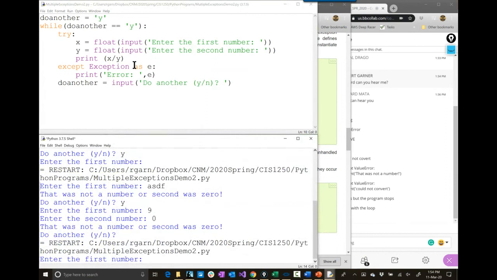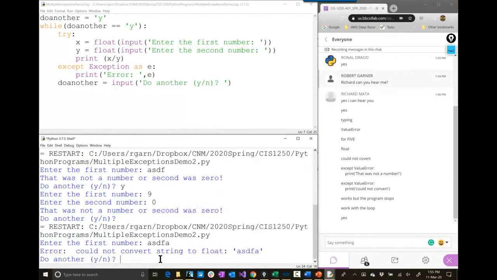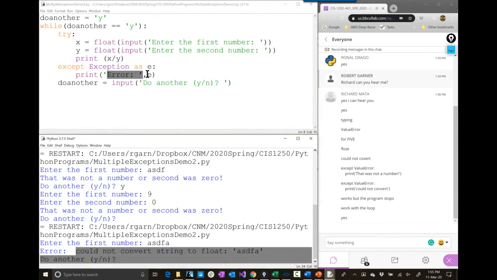So here we're catching the generic exception, which will catch everything. And then we can use E and get the message off of this exception that we're catching by saying as E. So if I say print error E, could not convert string to float. Here's my error from the print statement, but this part right here is actually the message that we're catching